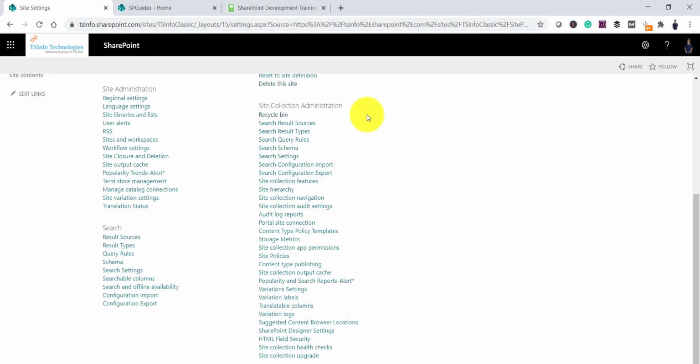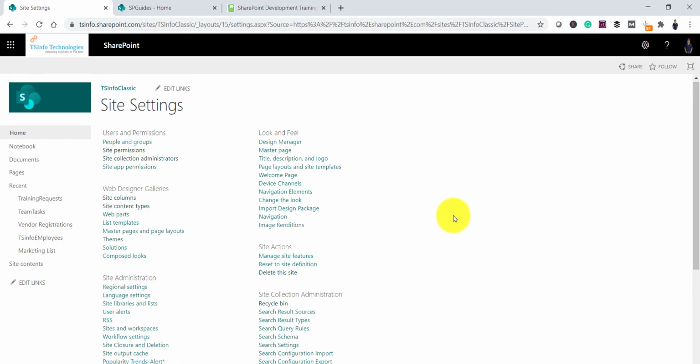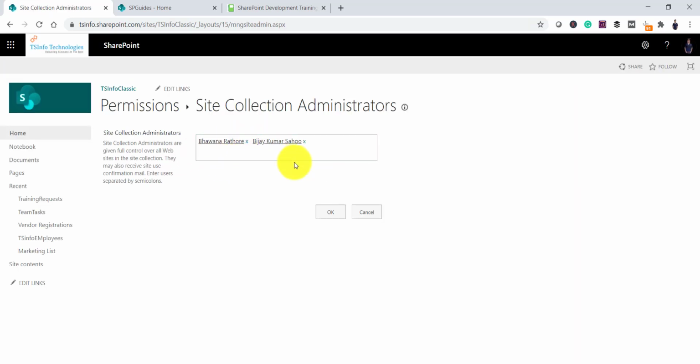In case you are working with Microsoft 365 group connected sites, then by default the group owners will be added to the site collection admin group. Now how can we see where your site collection administrators are? You can go to the same Site Settings page, click on Site Collection Administrators, and you will be able to see who the users are. You can remove the users, and you can add or modify the users who will be your site collection administrators.